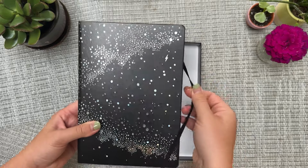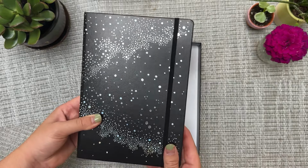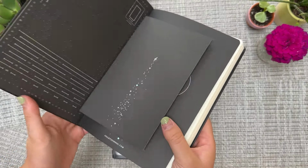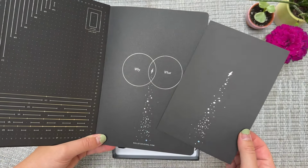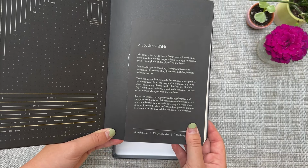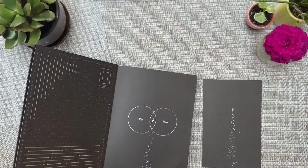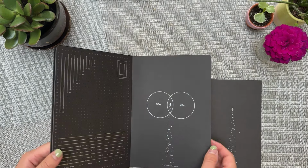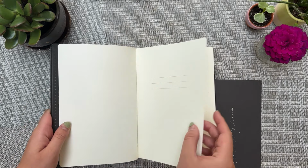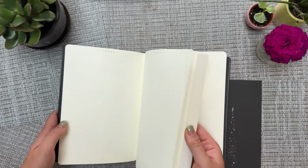The dots are all holographic, and they have that hidden bullet journal logo behind the band, which I think was super subtle. That was such a good detail. And then they gave a little card about the meaning behind the art and the journal's design, which I think is a really fun statement, kind of showing how journaling can uncover these constellations of your life. And the artist worded it way better than I am, but I really like the meaning behind this journal, and kind of the shooting star moments of journaling, where you have those moments of clarity after you journal,